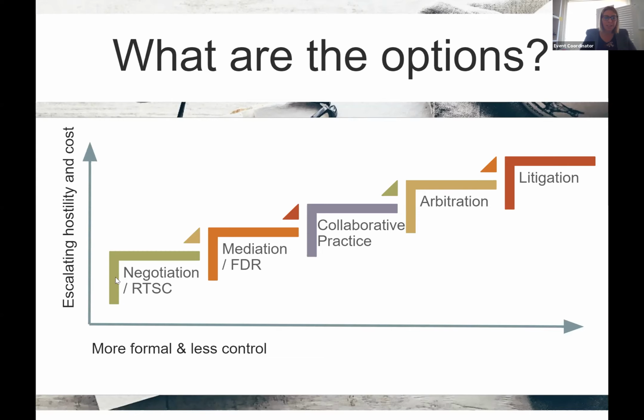So the first step here, as you can see, is negotiation. And that might be negotiation between the parties themselves, and you maybe getting some legal advice or providing that legal advice, and then the parties might negotiate an agreement themselves, or it might be through a roundtable settlement conference with lawyers present or lawyers negotiating on your behalf. This process is generally quite informal. Obviously, you have quite a lot of control over the process, and it's generally the most time and cost effective and generally the most amicable way of resolving matters.